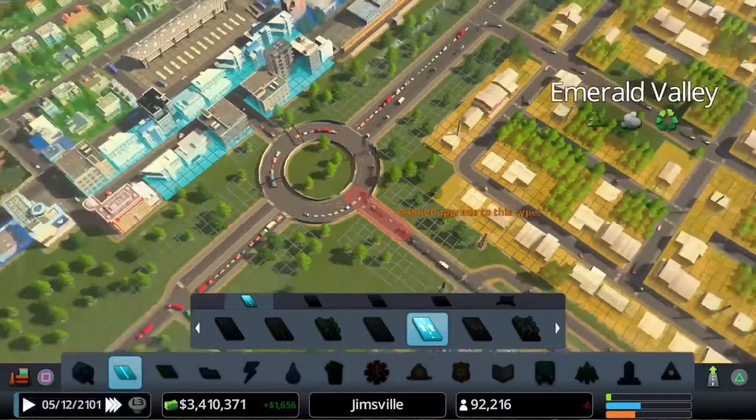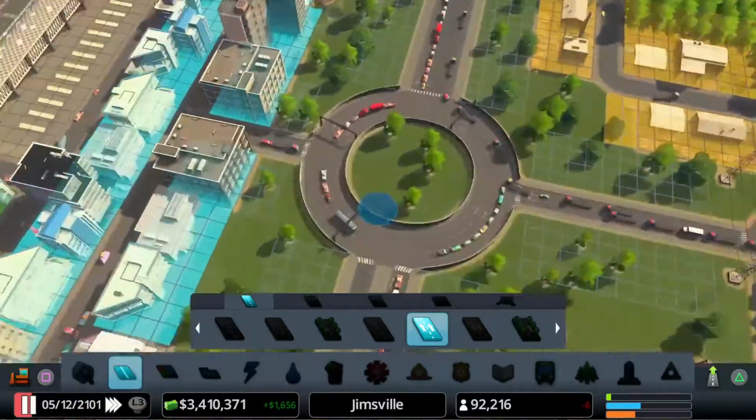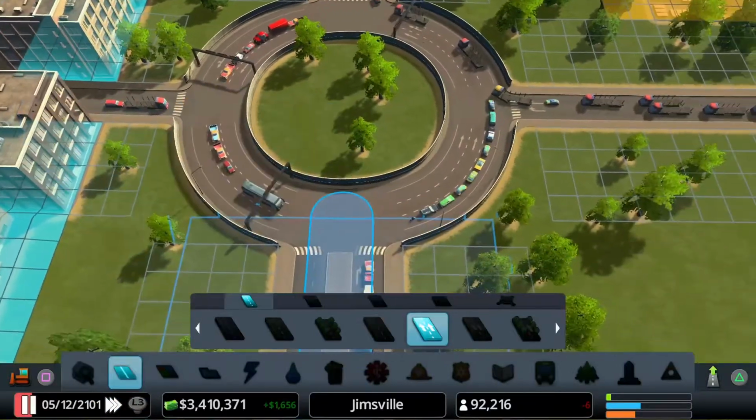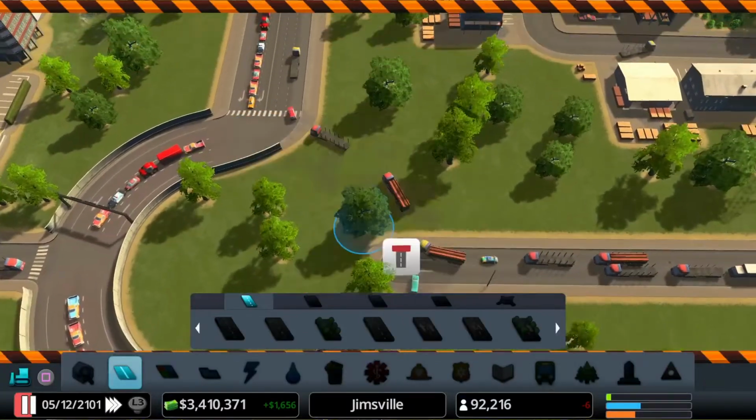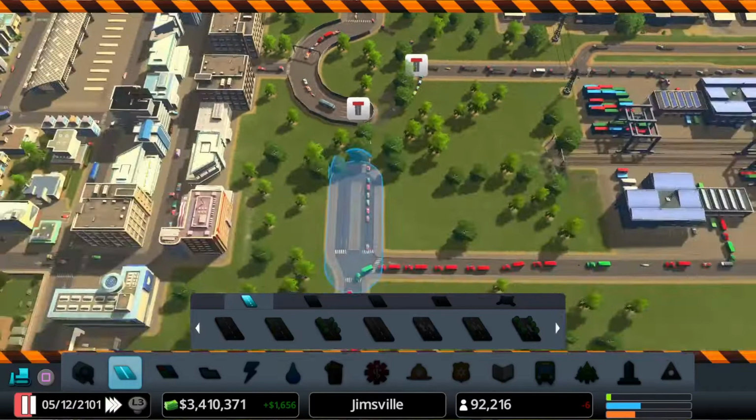Or, actually, this doesn't need to be a roundabout, at least not this way anyway. So, let's, if I remove this, like this.